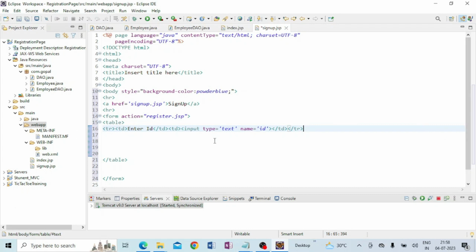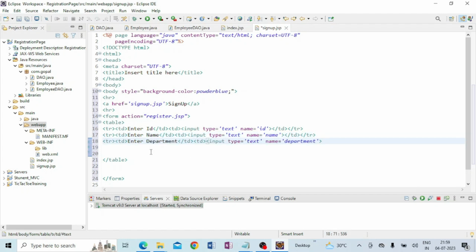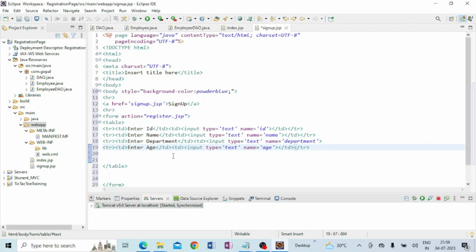You can copy this line and paste here, and you write enter name and name, input type text, in place of id you write name, and third line you write department, enter department, input type text, name department, and next one is age, you write enter age, input type text, name age. Next one is address,